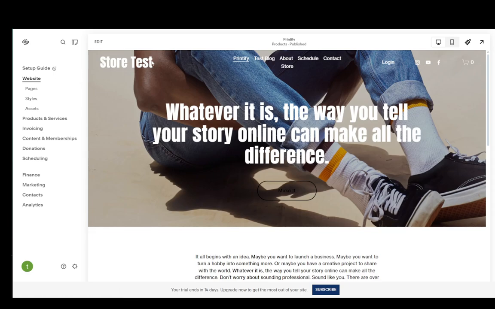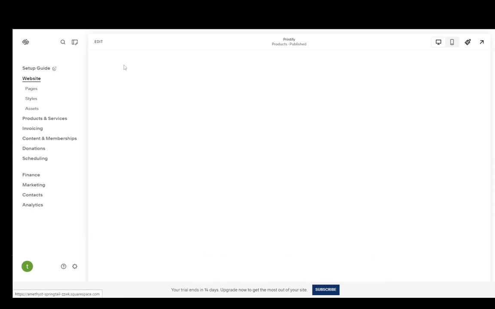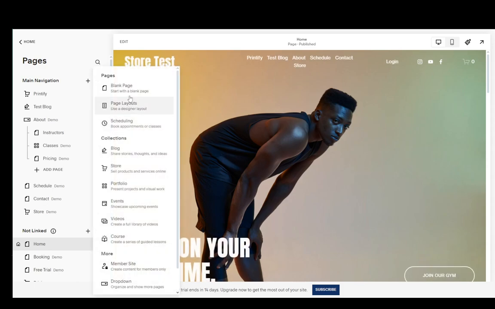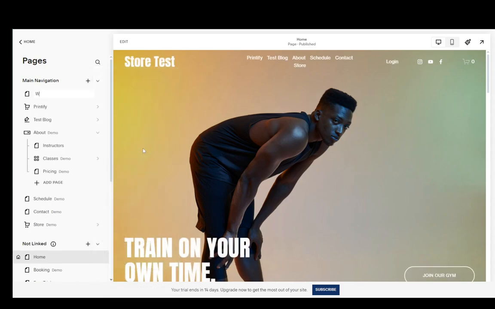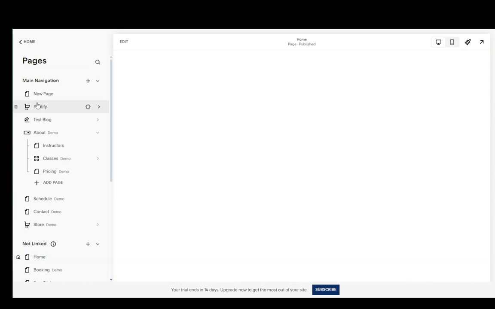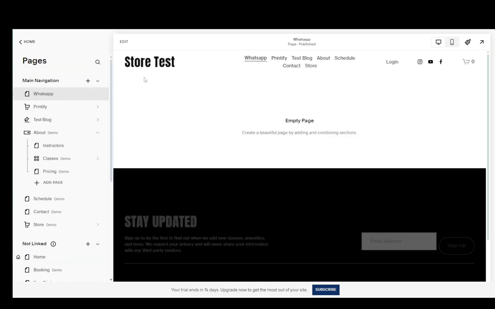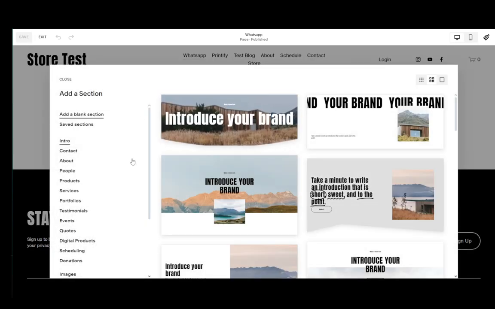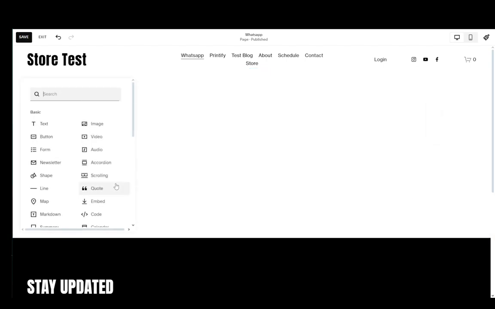So first we're going to go ahead and go to our page where we want to set it up. I'll just add a new page for the tutorial's sake. So I'll just create a new blank page, call it WhatsApp. And once that page is created, it's going to open up an empty page, click edit, and then we're going to add a new section. I'm just going to add a blank section, and then I'm going to go ahead and add a block to